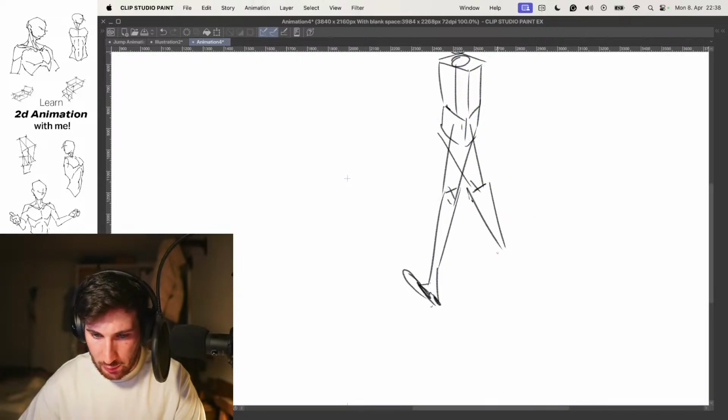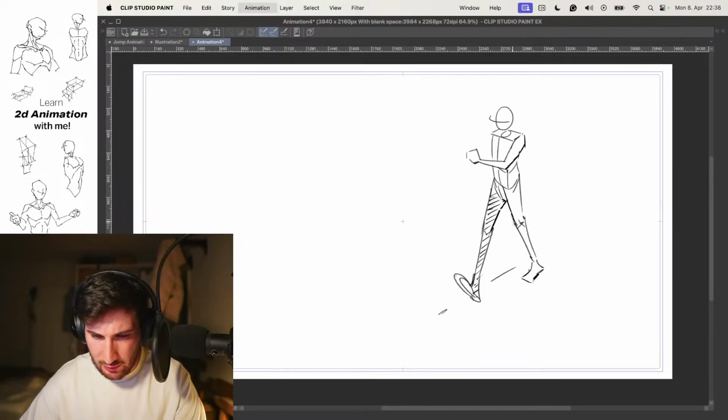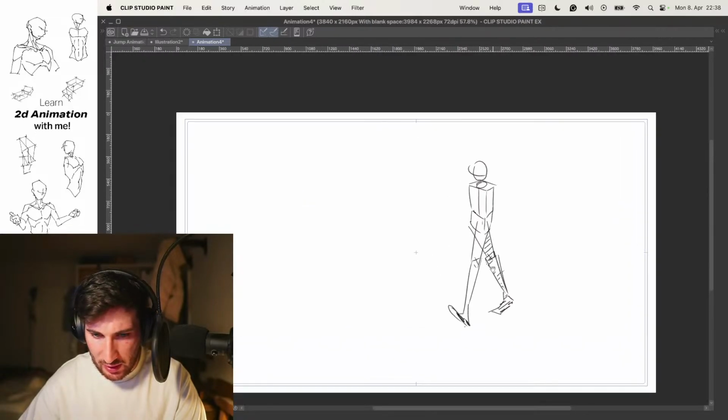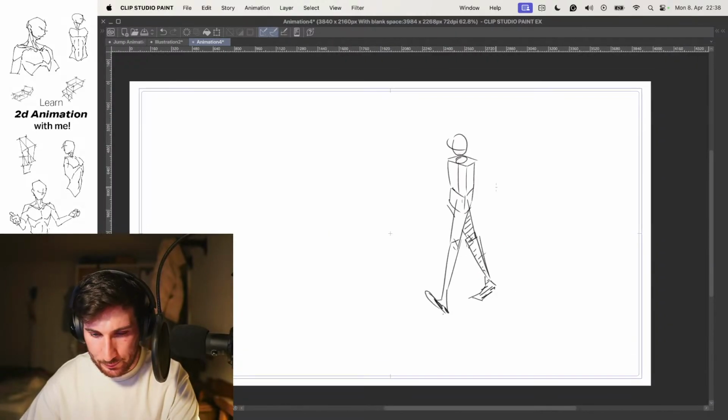Put it here, and here. I mean, it's not so smooth in terms of the leg movement. That would be something to adjust. But other than that,